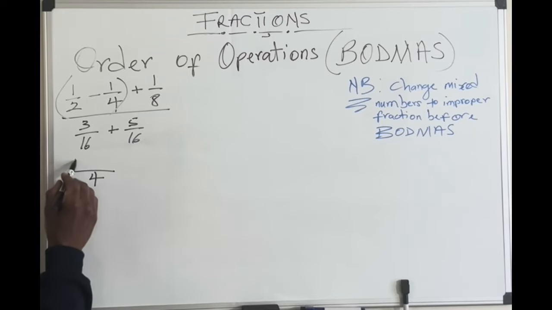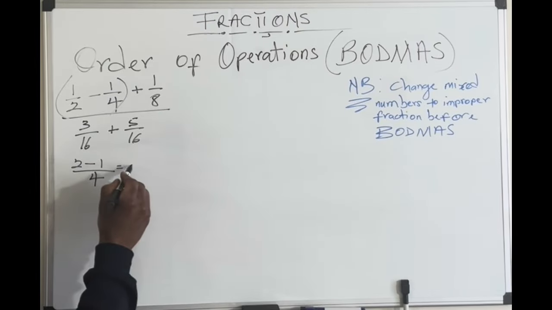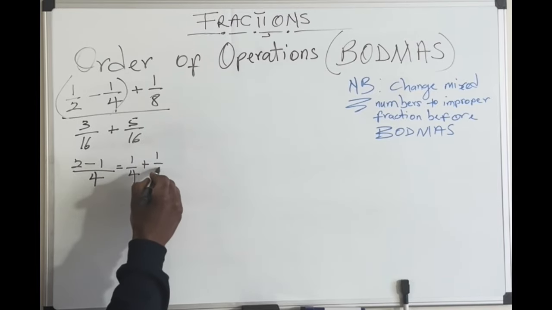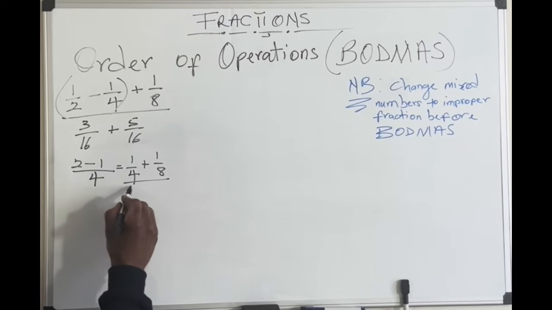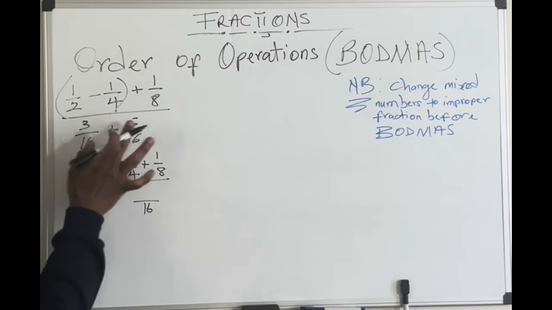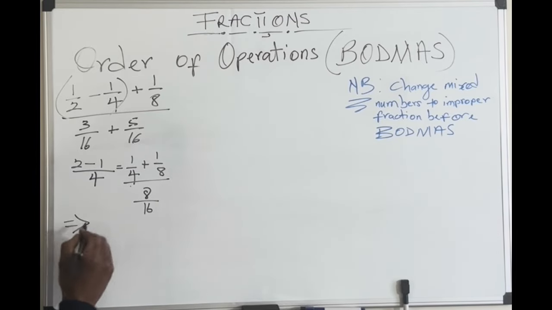LCM is 4, 2 minus 1. So we have 1 over 4. We added 2 plus 1 over 8. All, okay. So 16, then 8. Now we have